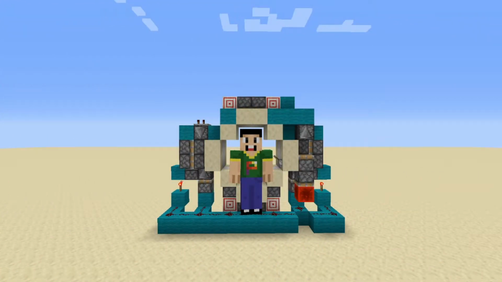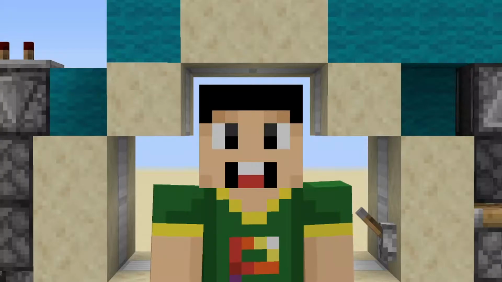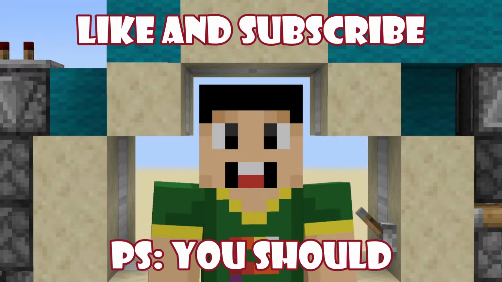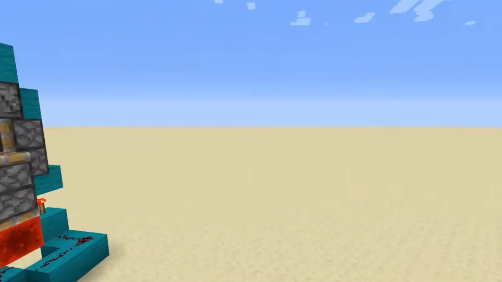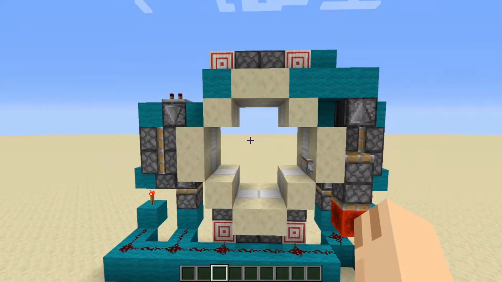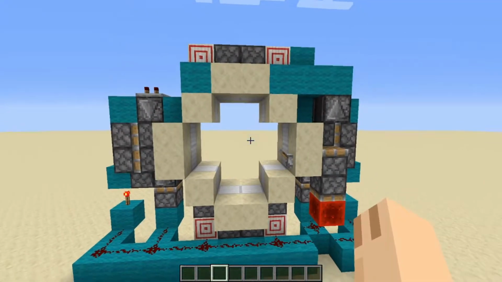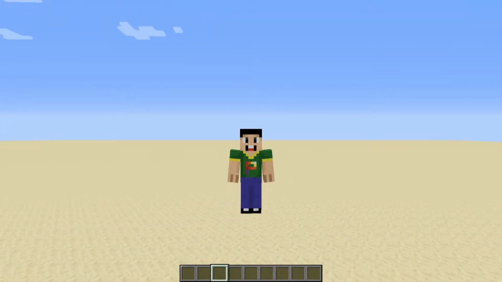About 2 years ago, MumboJumbo, yes, that MumboJumbo, decided to take on the challenge given by his viewers to make a circular piston door. I watched that video and felt a bit inspired and thought, why not make a design of this door too? Behind me I have created one design for the circular piston door, and this design is completely original. All of this redstone has been made by me, and so let's begin by talking about this